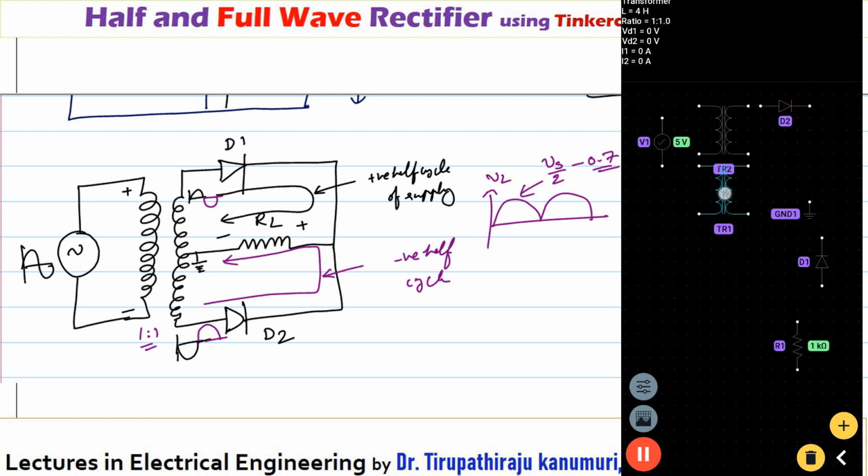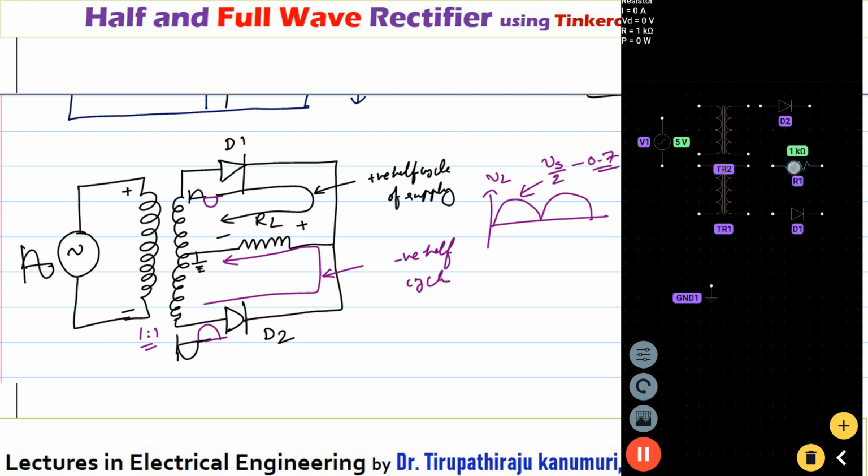Let us try to adjust that one. Okay, now once this is done, the next step will be the second diode will be connected in the second place. That also I am just rotating. Once it is rotated, you can keep it there. For rotating, you have to use the third button from the bottom on the left side. In a similar way I have rotated the resistor and kept it there. Now the ground will be placed near the transformer. So we have to move the ground. That ground will be placed there.